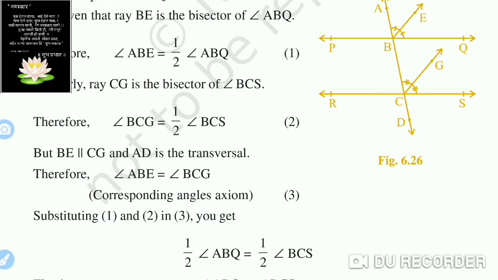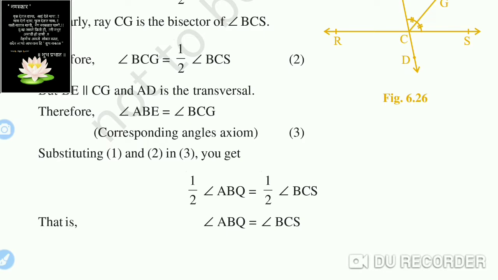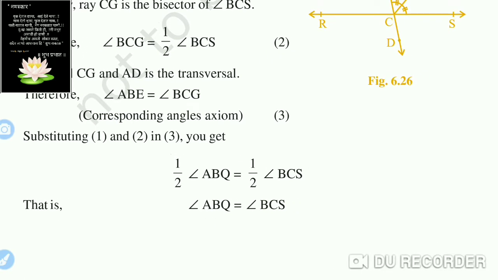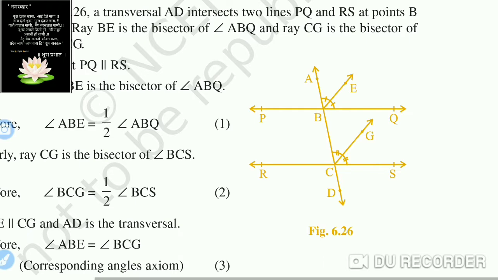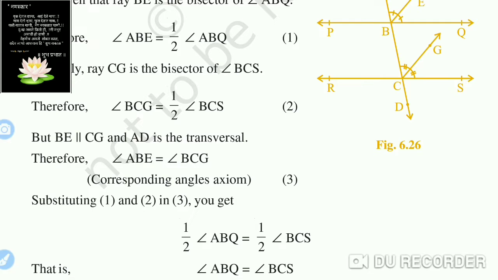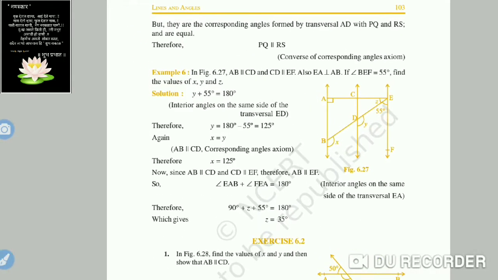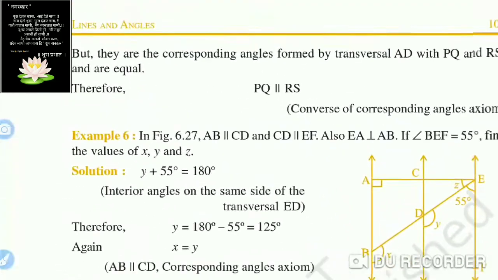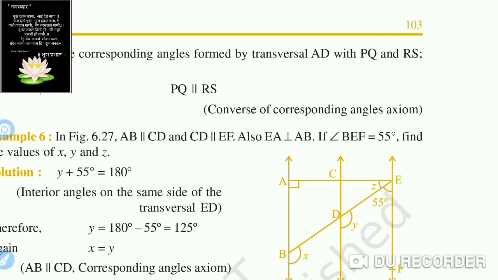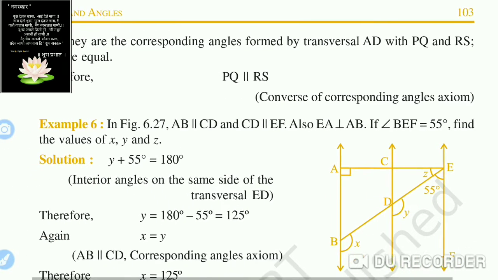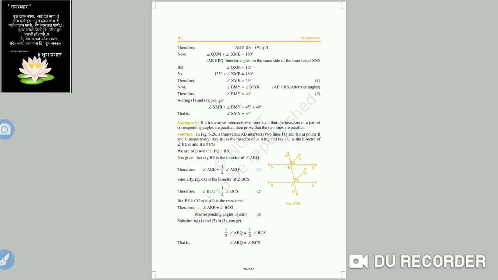So here substituting 1 and 2 in 3, we get half of ABQ is equal to half of BCS. Cutting this half off, we get ABQ is equal to BCS. But these are nothing but the corresponding angles, and we have proved these corresponding angles are congruent. If corresponding angles are congruent, then lines are parallel. So they are corresponding angles formed by transversal AD with PQ and RS. They are equal, therefore PQ is parallel to